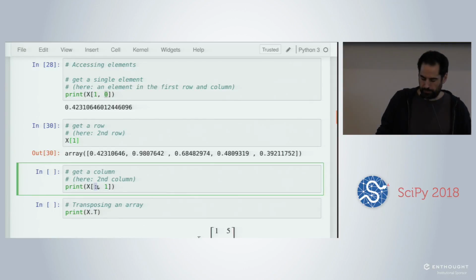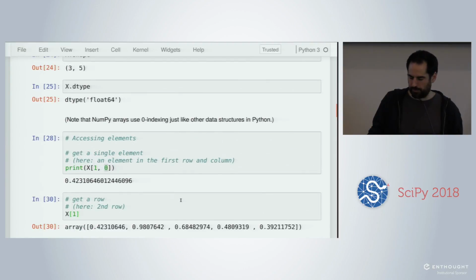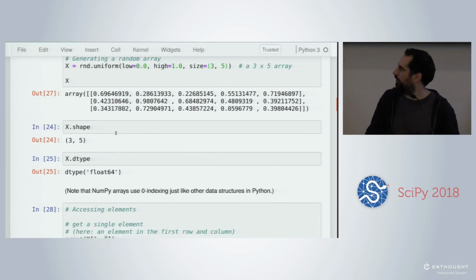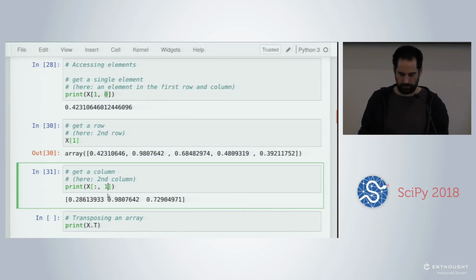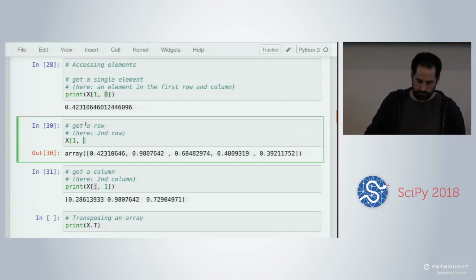And basically, we have values between 0 and 1. They're all positive. And you can see that we have 3 rows and 5 columns. So the size here can be either an integer or a shape using a tuple. For instance, if we want more levels, we can have 3 axes. And here you can see that we have 3 nesting levels, 1, 2, 3. Okay.